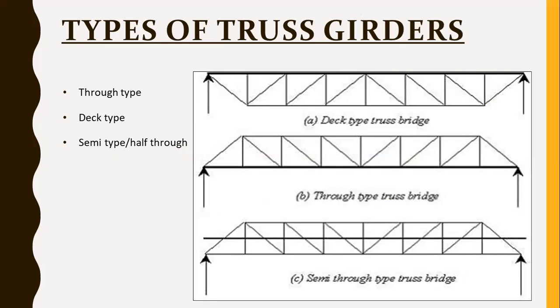So the live load is received by the cross girders, and from the cross girders, the load is then transferred to the truss joints. The girders are supported by the truss generally at the panel points. Panel points means where two or more members meet at one point. These are also known as panel points.